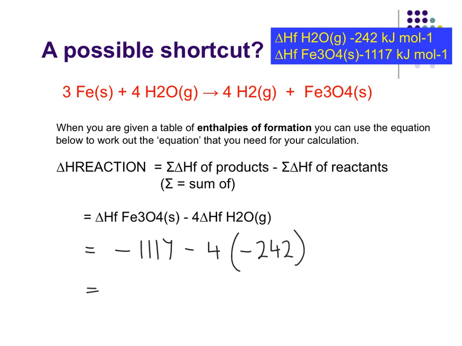And if you do that, you'll find that it comes out as the exact same answer that we got from our cycle. But like I say, it's really important that you use the cycles, but the shortcut can be used as a little check that you're correct. Now it's important again that we work through some questions and we make sure that